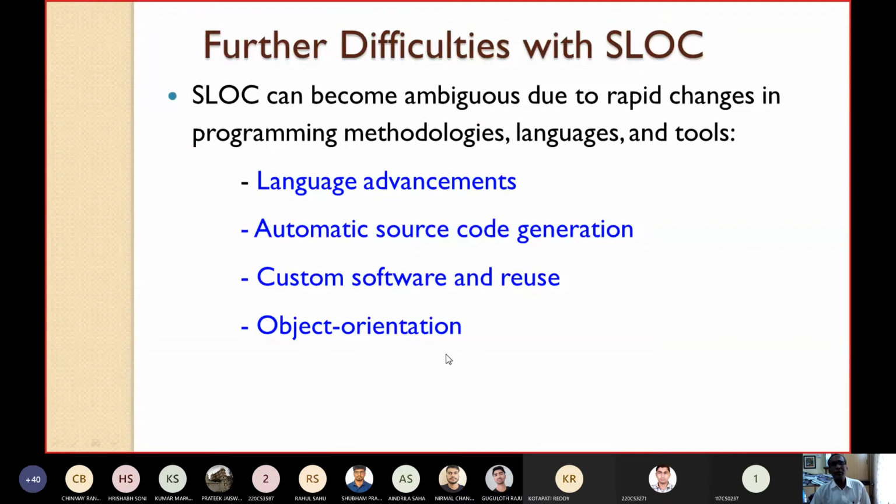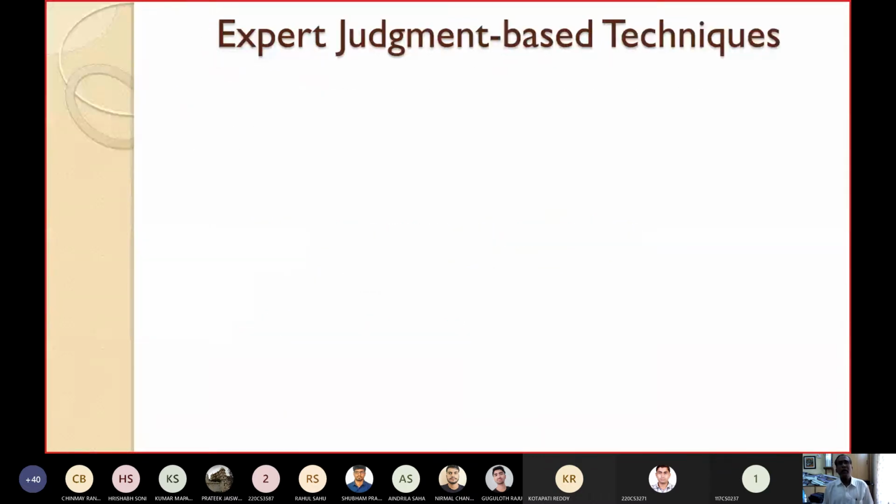In the example I gave, inheritance, the methods and features of the base class are automatically available. Then what will be the exact LOC for the child class? Suppose you have written only draw, and draw was coming from some method in A. Will the size be one line? No, because all the methods of the parent class are also automatically inherited. So how to compute the SLOC in the presence of inheritance and polymorphism? The features of object-oriented programming also pose difficulties while computing the SLOC. So these are some further difficulties. Please read them yourself.